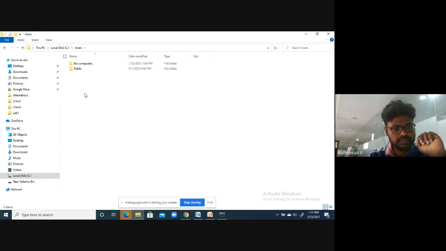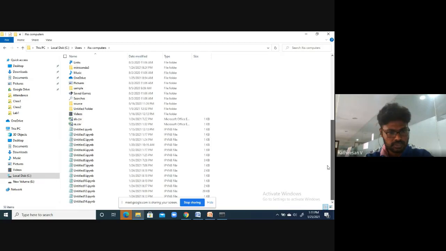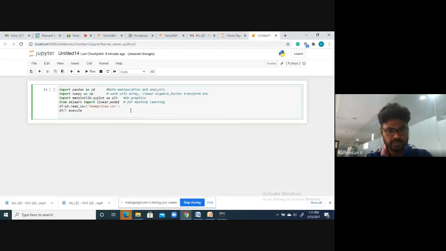Inside users, yes, here I have that file, ab.csv. I'm using ab.csv as the file name. I advise you also to keep the file in the particular location where your notebook is saved.